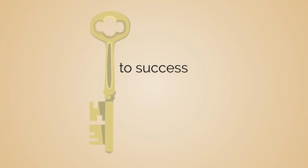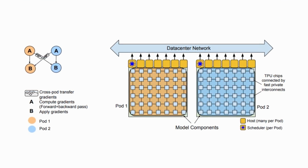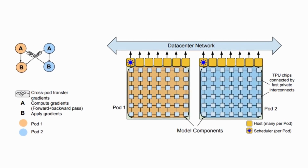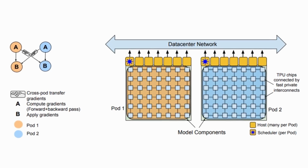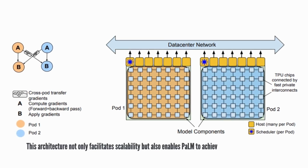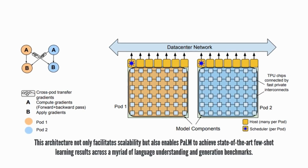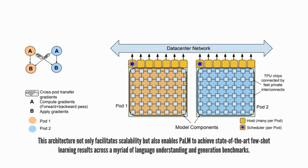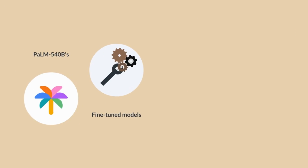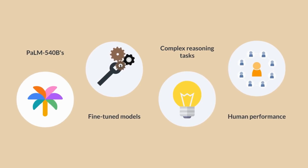Key to the success of PaLM is its training infrastructure. Employing the Pathways system, PaLM is pre-trained across 6,144 TPU-v4 chips, leveraging parallel processing for efficient model training. This architecture not only facilitates scalability, but also enables PaLM to achieve state-of-the-art few-shot learning results across a myriad of language understanding and generation benchmarks. PaLM 540B's performance surpasses that of fine-tuned models on complex reasoning tasks, and even rivals human performance on benchmarks like